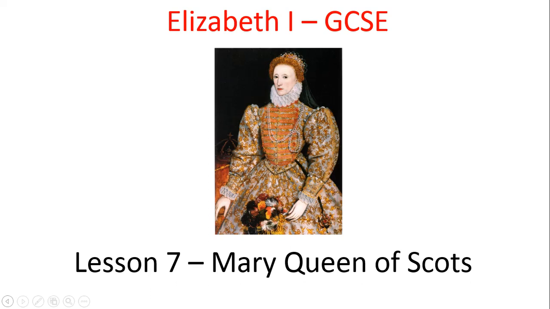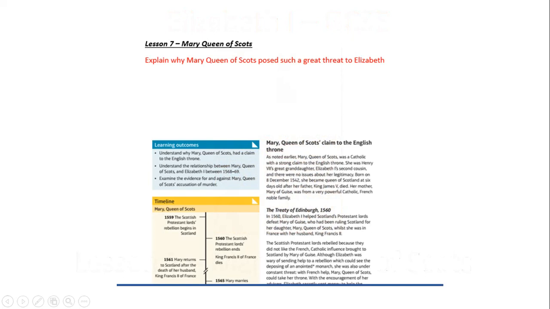For this lesson you will need to be on page 28 of your lesson notes booklet. Before we get started, this might sound a bit daft and rather simplistic, but it's important to note because it's a mistake that students make many times. Mary, Queen of Scots was not the same person as Mary the First. Mary the First was Elizabeth's half-sister. Mary, Queen of Scots was her cousin. That is very, very important to remember.